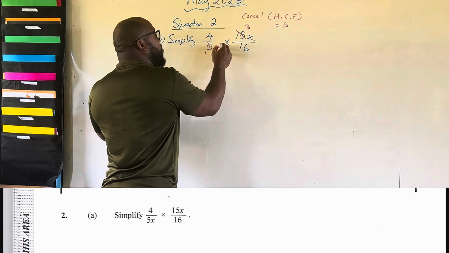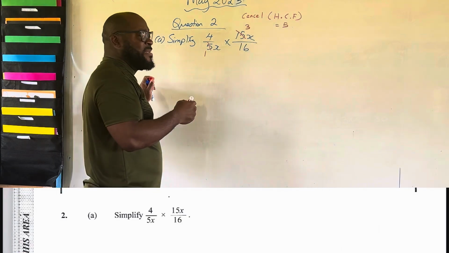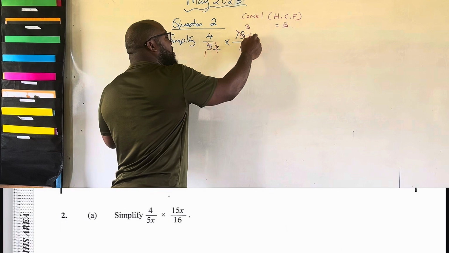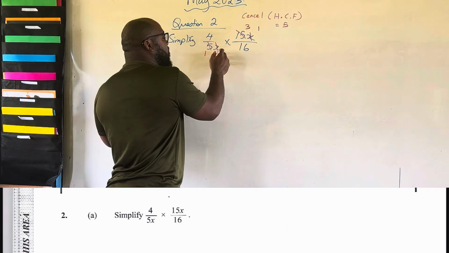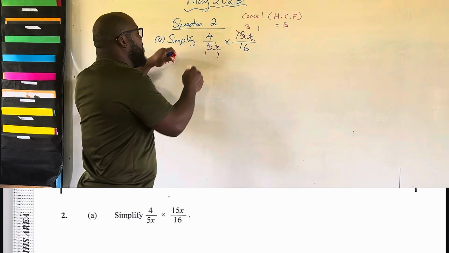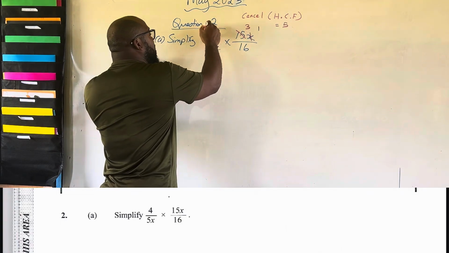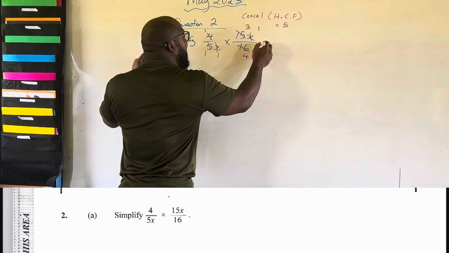Now we have x and x here. You can also cancel your x's, okay? If you have a xylophone and a xylophone, they both can cancel. x goes into x once. Anything else to cancel? Very good. 4, that's right, you guys. 4 goes into 16 four times. So the final answer is,